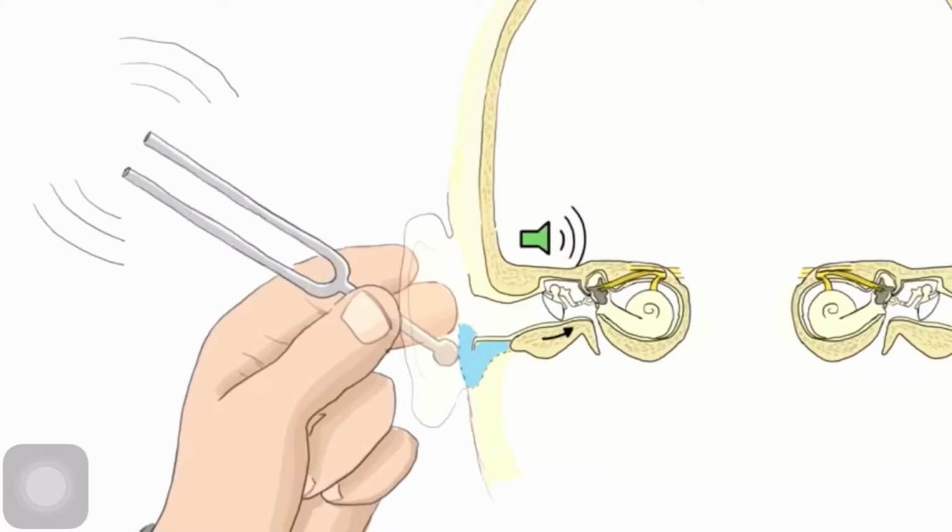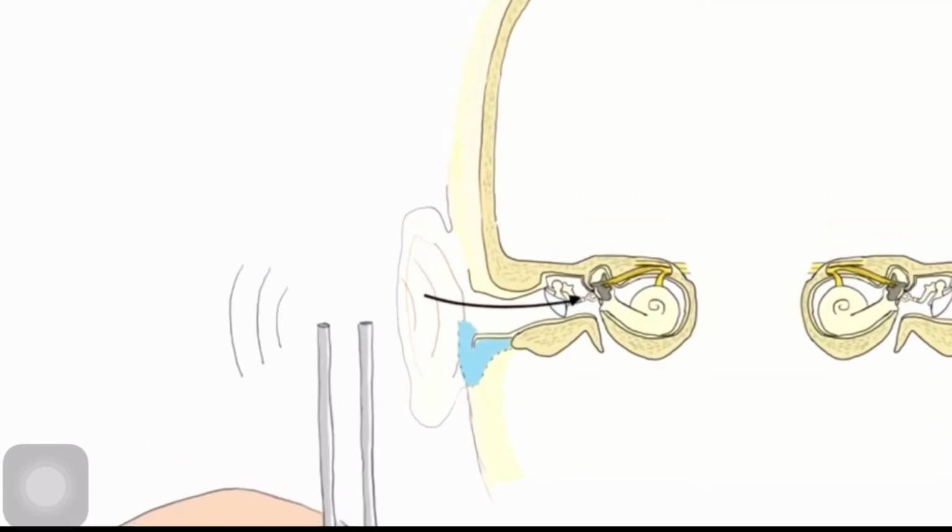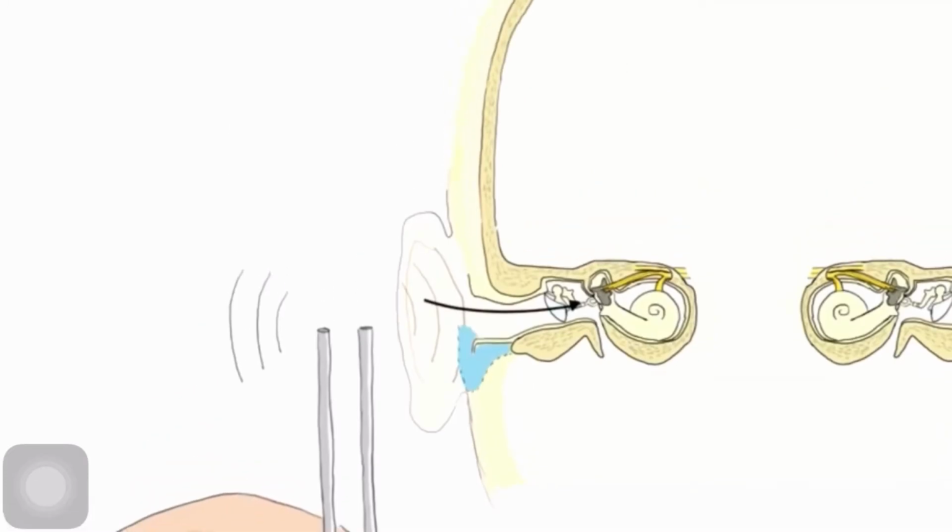So to begin this test, first you take a tuning fork of around 512 Hz and then you activate it by striking it gently against the elbow. Now first you place it on the mastoid bone as you can see in this particular picture. So the person can sense the vibration, and now when the person stops hearing the vibration, you place it in line with the pinna as you can see in this picture. The person still can hear the vibrations, and this shows that the air conduction is more than the bone conduction. So this says that the Rinne's test is positive.